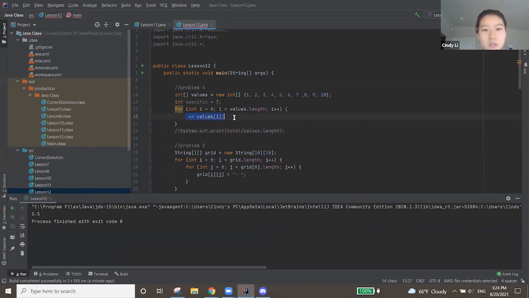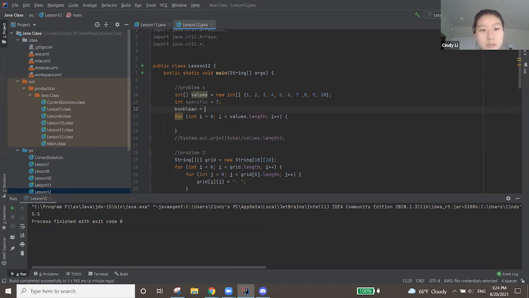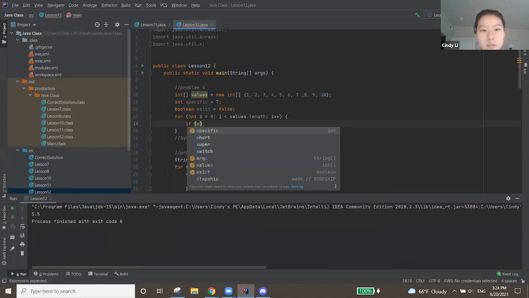Now what we do is we test if it exists. I have to set a boolean too. Boolean exist equals false, and if specific,